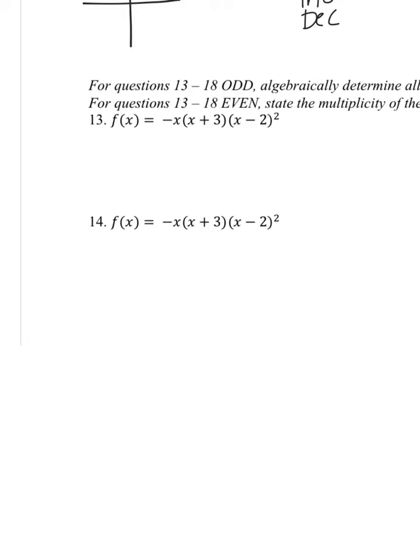Now I'm going to do the min. So second trace, number 3. Slide to be left bound and then move over again to be right bound. Guess, you just press enter. And this point here, so this actually is not a very good graph, is 0.111, comma 1.942. So my min is 0.111, comma 1.942. And then for my increasing and decreasing interval,